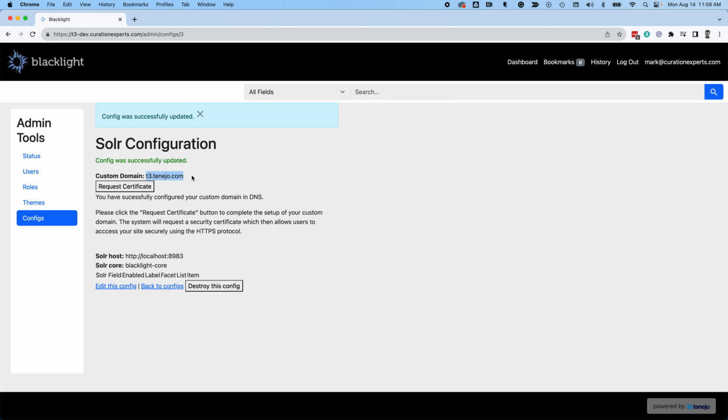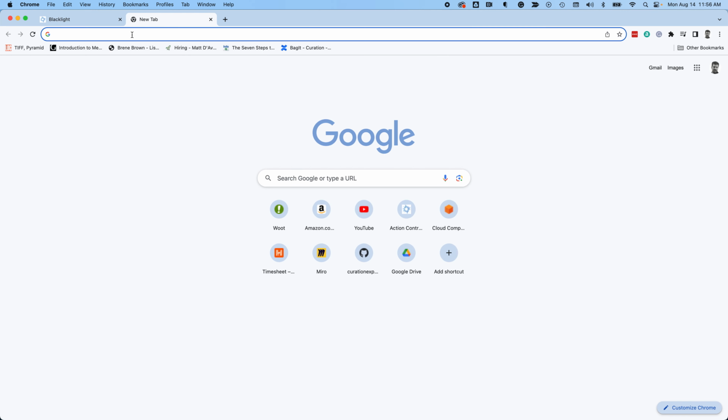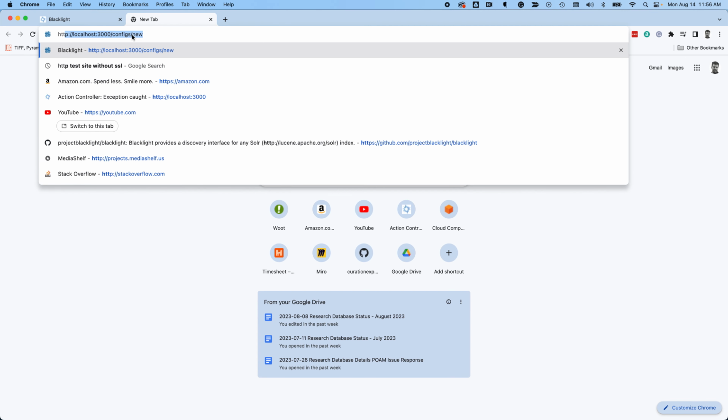Once your new domain name is registered in DNS, the system will detect that fact and then tell you that it's time to request a certificate. This process is currently manual, but going forward, we hope to be able to automate the rest of this process as well. Once that certificate has been requested, we can go to the server's new name